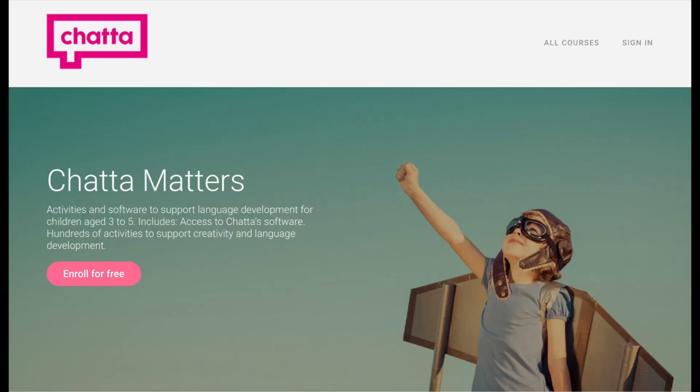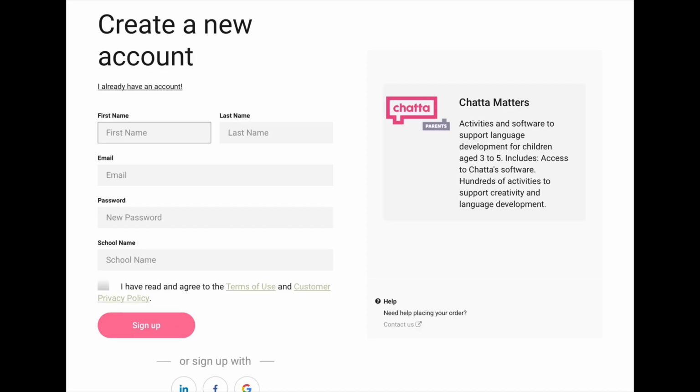So joining Chatta Matters, I click join and I'll click enroll for free, and I'll be asked to create my own login. I could create my own username and password and note down the name of my child or young person's school, and then I'm in.